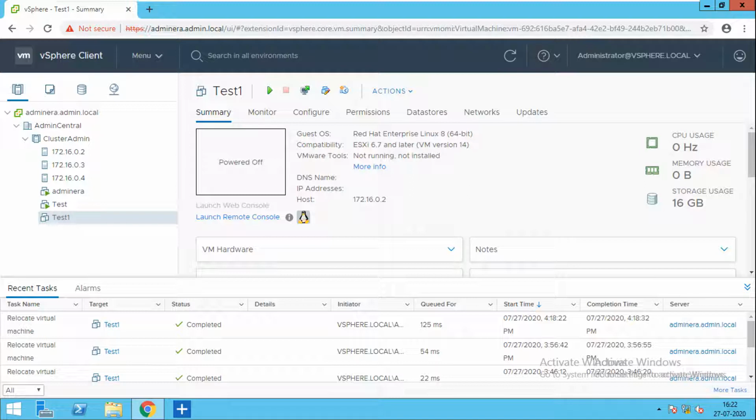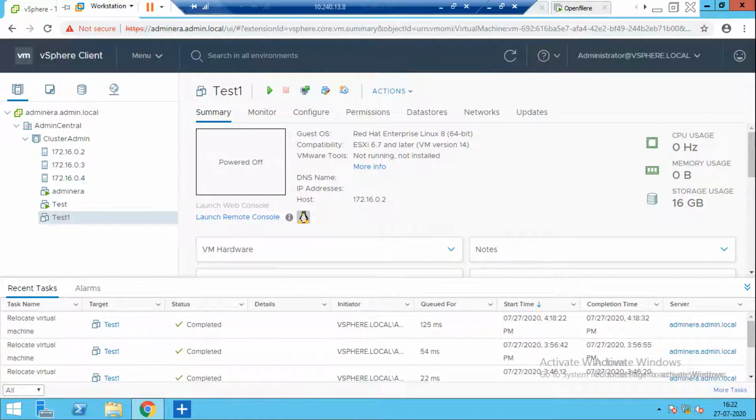So it's better to remember the ESXi password, but in case you forgot it, if you have vCenter and you are able to log in to one ESXi host but not to another, how can you reset the password? I'll tell you how the process happens, and I'll show you.